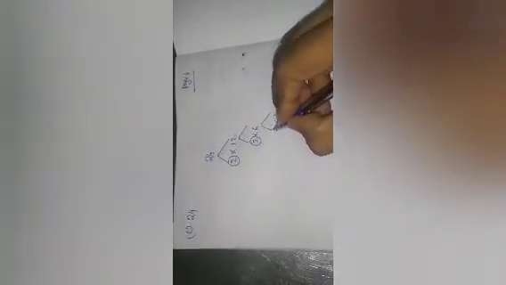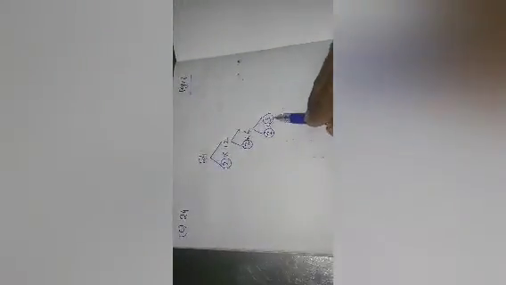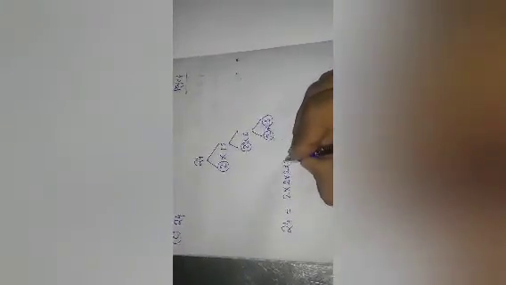Now I want to turn over the page. This is page number 4 of today's class. Okay. And the third point, C, has been given: 24. When you draw the factor tree, look here, how can you draw? 2 into 12 is the first factor, then 2 into 6, then 2 into 3. So those are the prime factors. Okay, so you can use 2 2s are 4, 4 2s are 8, 8 3s are 24. It means the factors of 24 are 2 into 2 into 2 into 3.